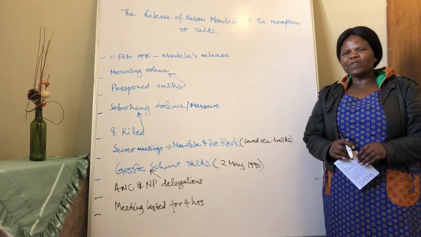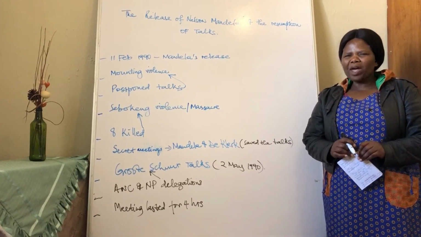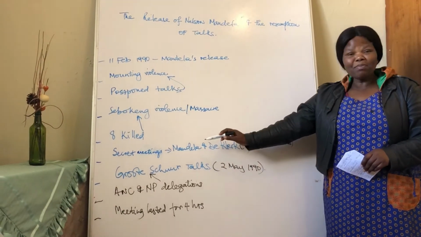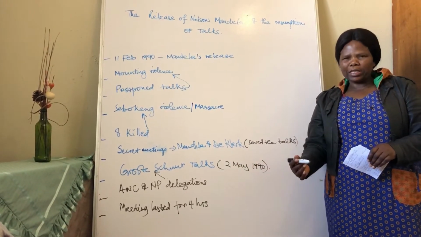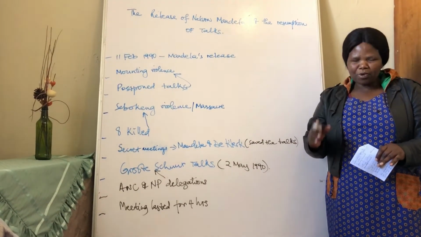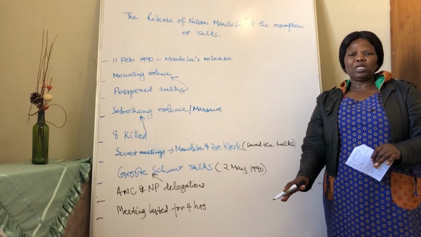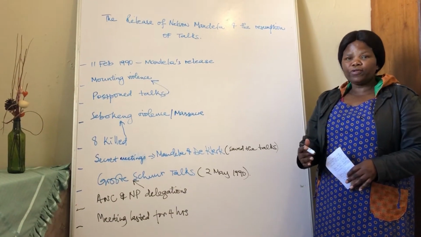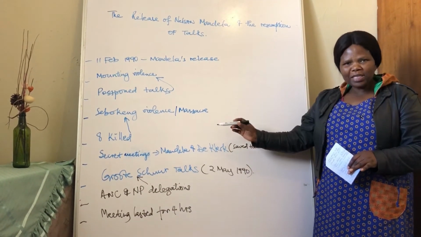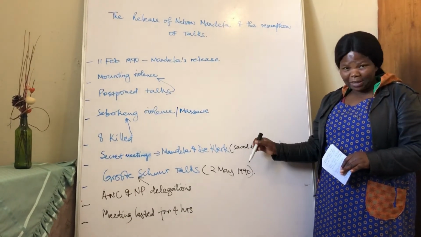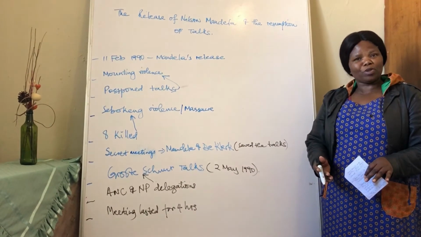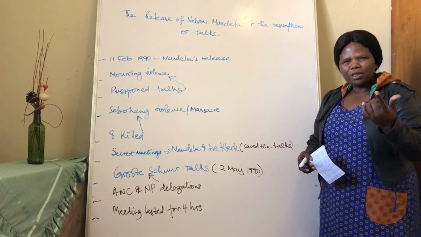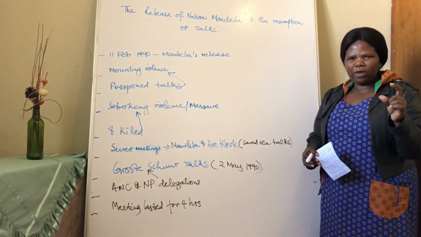What actually saved the talks was the fact that there were secret meetings between Nelson Mandela and de Klerk over the fact that the process of negotiation must continue. They had their own secret meetings. Students normally confuse the two, the secret meetings and the formal meetings, and I would like you to separate between the two. When we say that there were secret meetings, we mean one-on-one, 2 people meeting. That's what we mean there, all right?